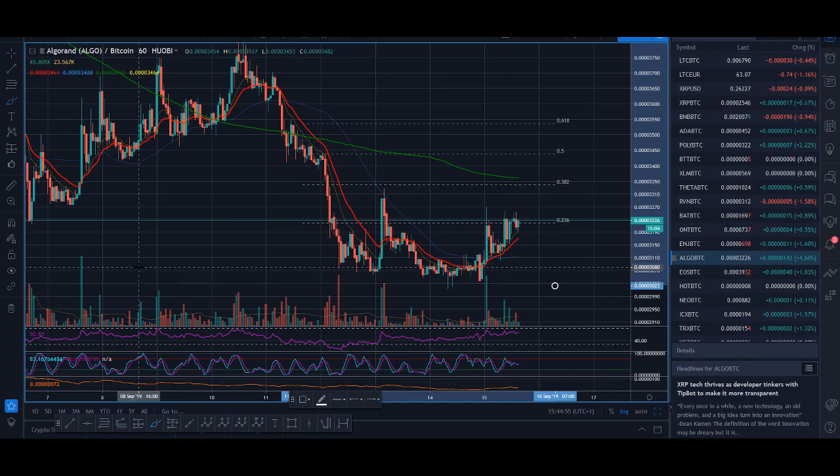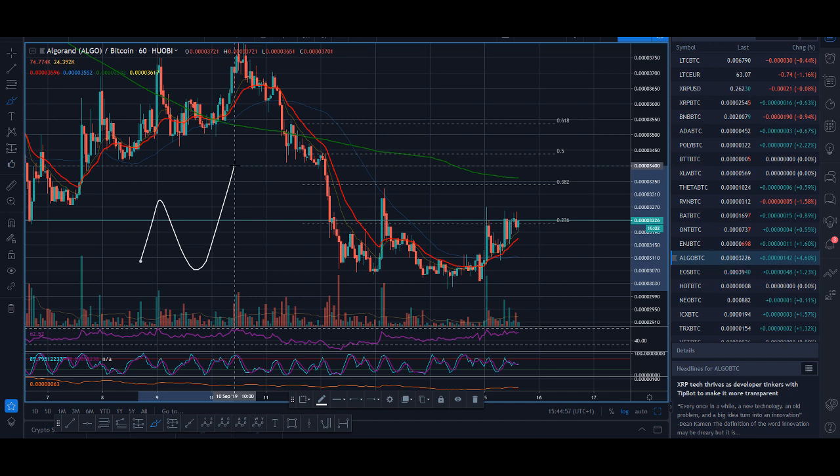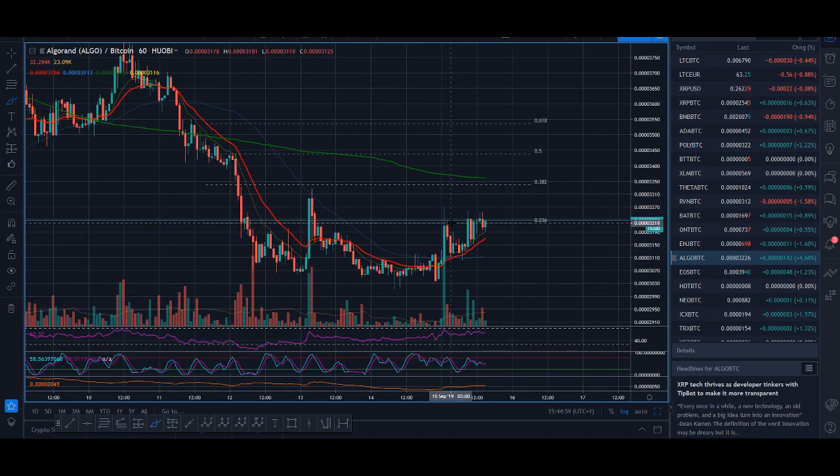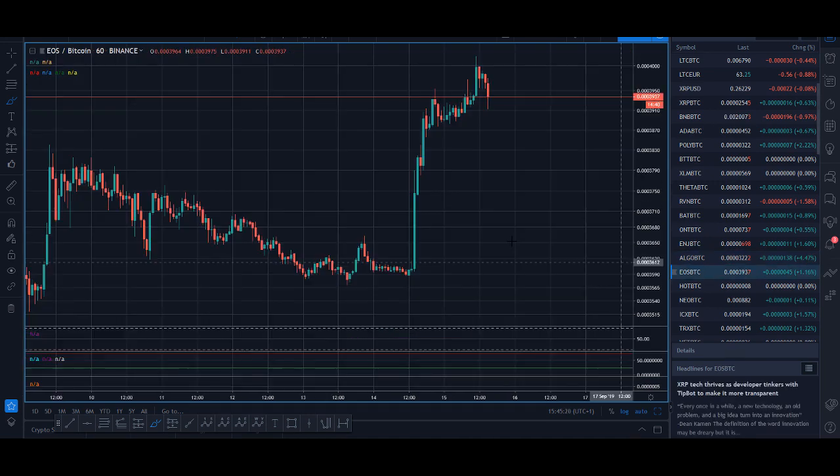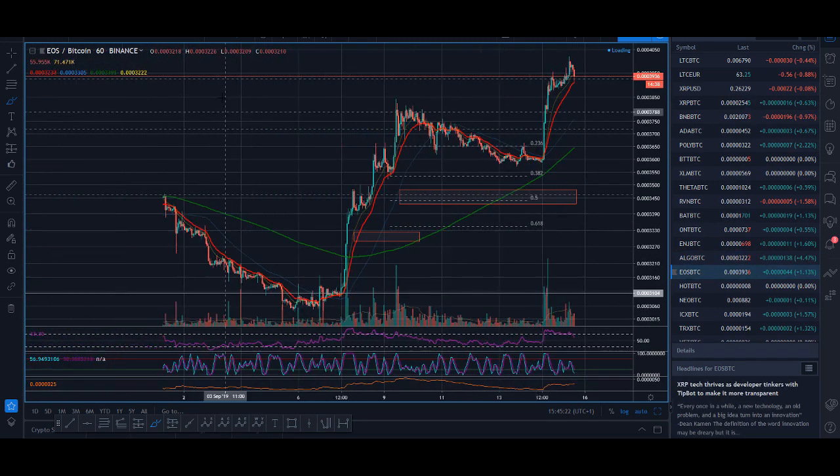And in simple terms, it's a higher high, higher low, and a higher high. So if Algo breaks out of here, you could potentially say it's trying to change the trend. And that's when you look to buy to see if you can carry on taking it higher. So that is why I'm interested in Algo, guys, for it to buy. So it goes up and then it comes back down, and you could buy the pullback, see if it can carry on.